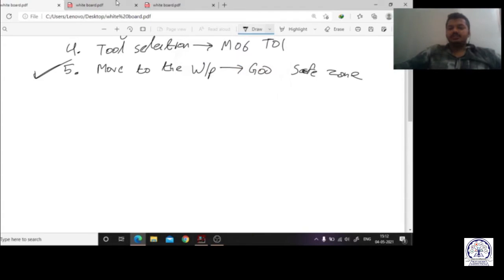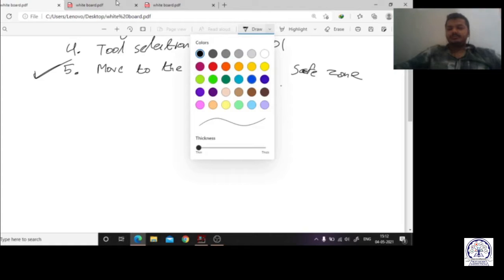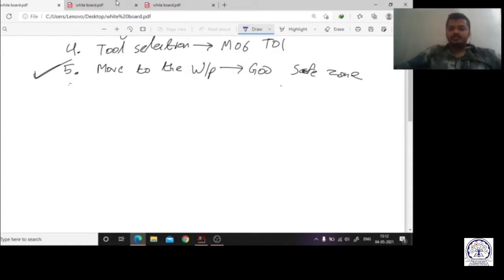After moving to the safety zone, the sixth step is spindle on. For the spindle rotation, you have to go for M03 or M04, for clockwise or anti-clockwise rotation.